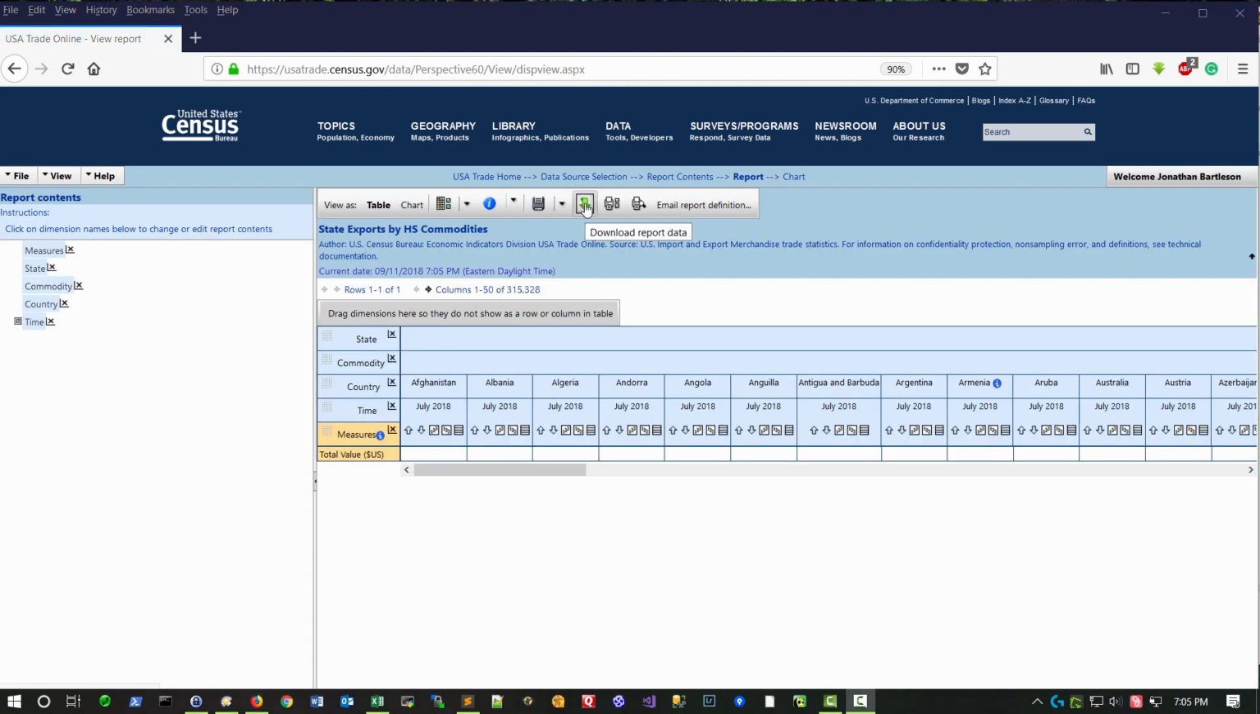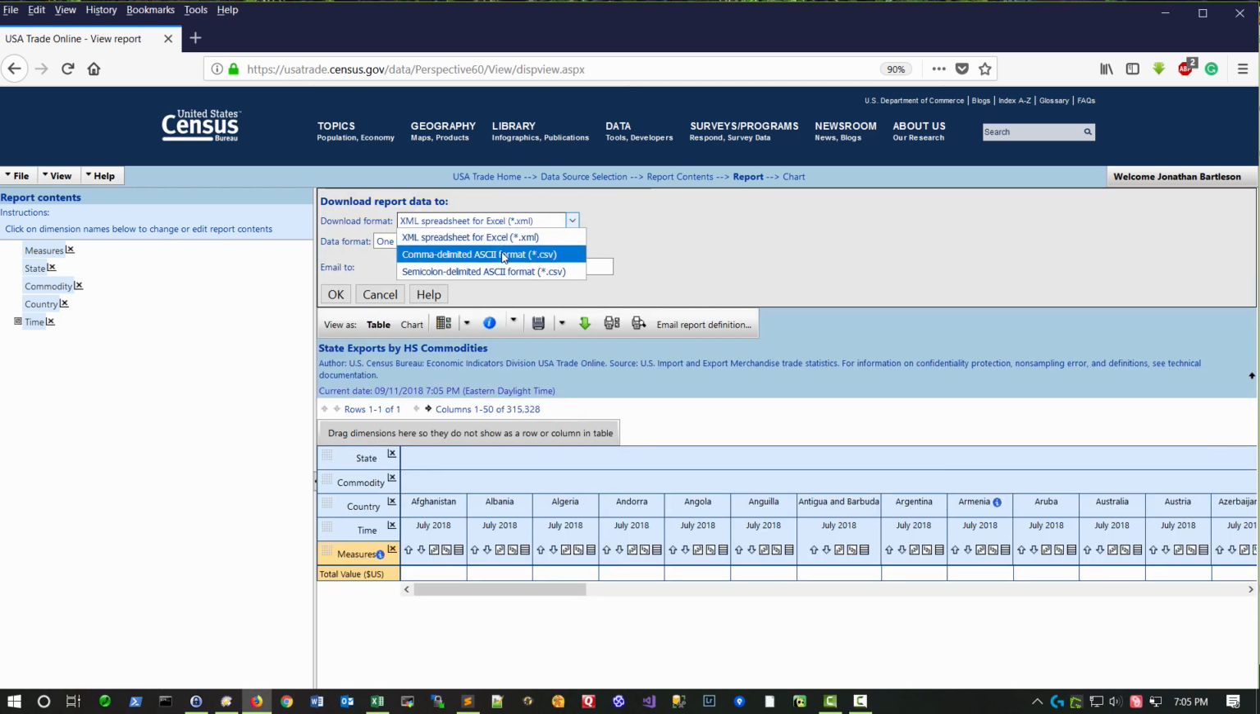Finally, we choose download report data, this green button here. We're interested in pulling it into a database at some point, so we'll ask for a comma delimited ASCII. Sparse list simply means it's going to leave empty rows out of the worksheet. And then when we hit OK,